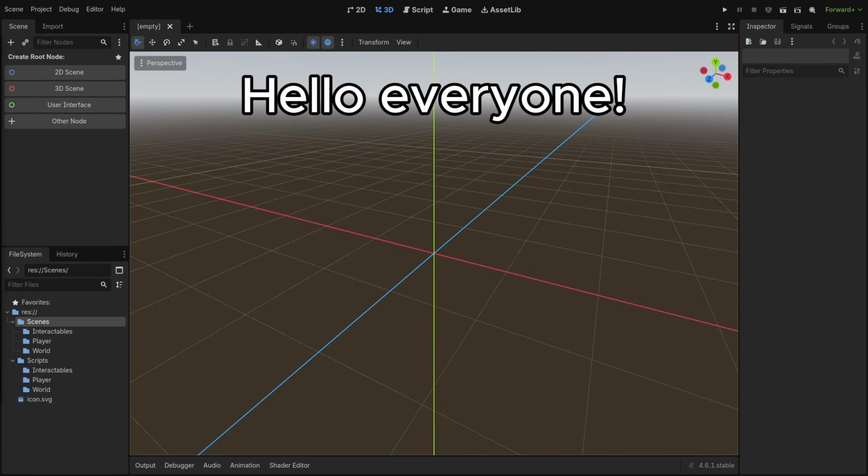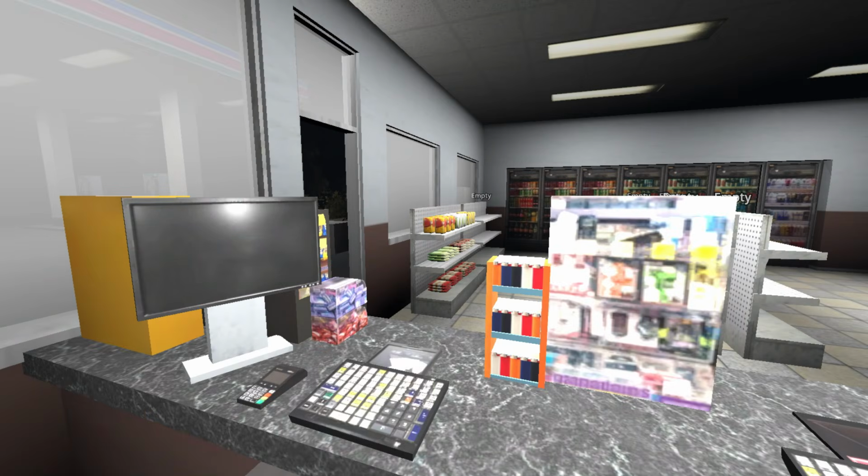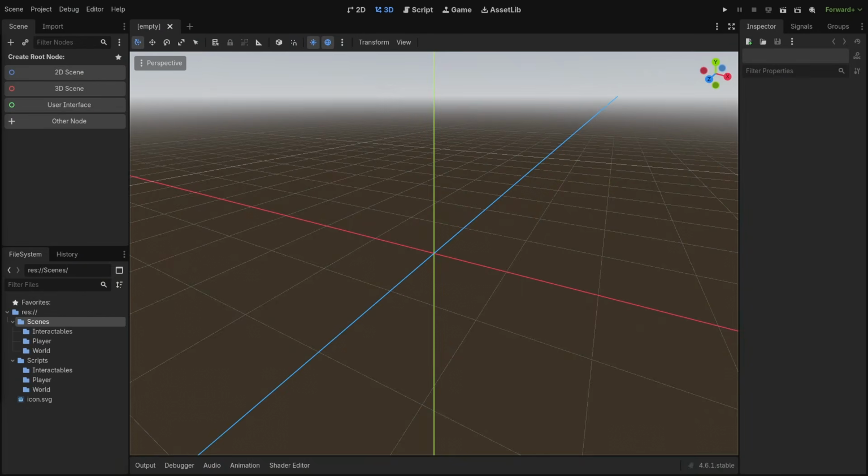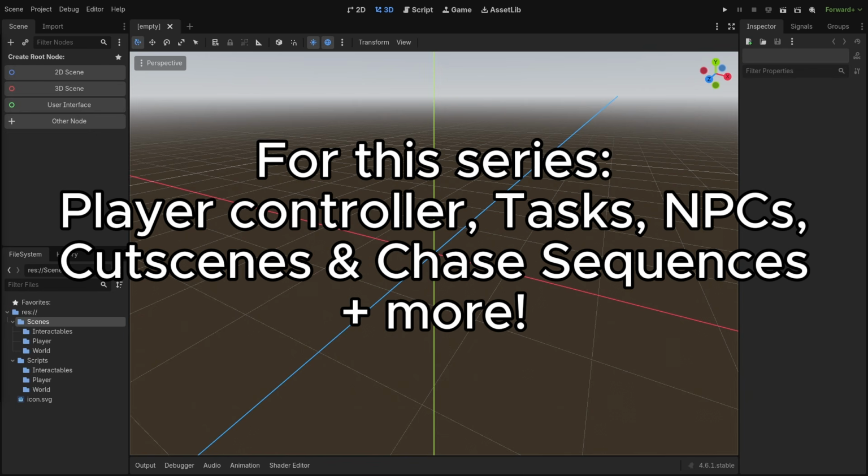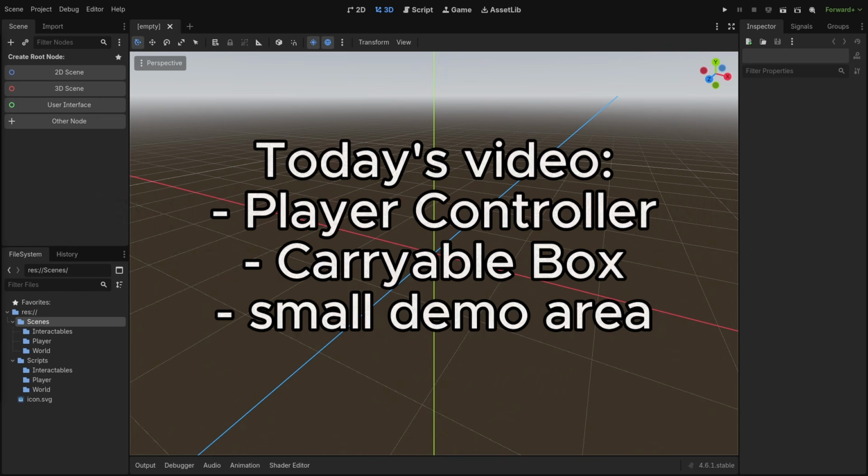Hello everyone, welcome to a new tutorial series where we will be making a PS1 style horror game set in a night shift at a gas station. For this series, we'll be making a player controller, tasks, NPCs, cutscenes, and chase sequences. But for today's video, we will be making a simple player controller and a box that the player can carry